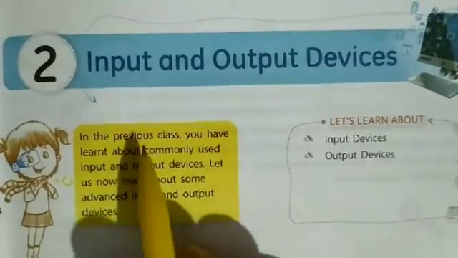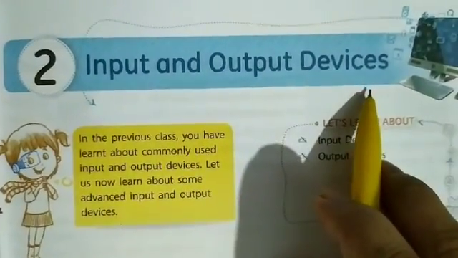This is your computer period and we are doing revision of lesson number 2, that is input and output devices. Today I will explain some input devices. So students, go through the video and watch it carefully, and after that I will give questions according to the explanation which you have to answer in the group. Lesson number 2, input and output devices.